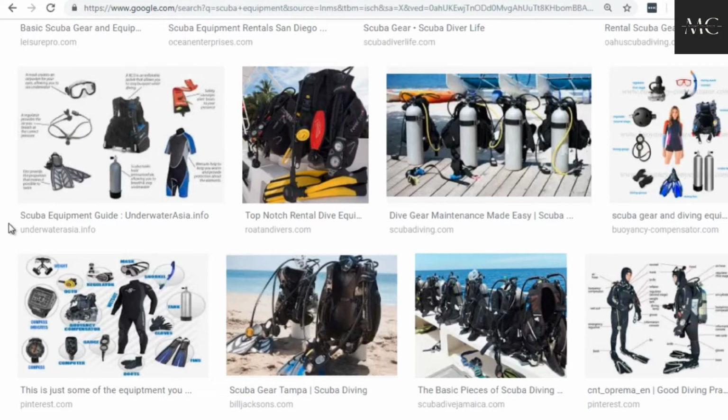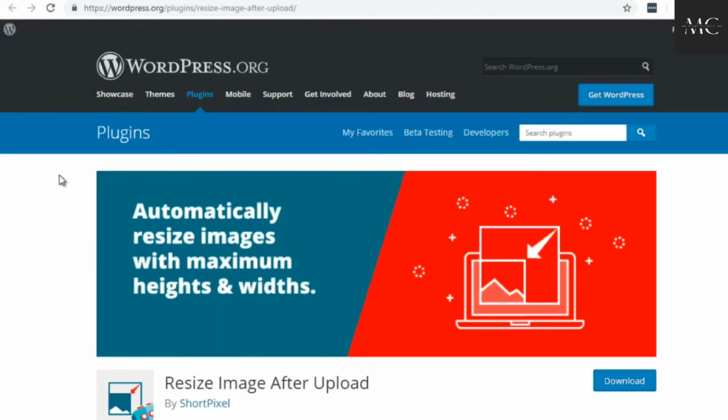So what you want to do is decrease the size as much as possible, simply because looking at all the other variables, you want to make your images fast. And to make them fast, you want to decrease the sizes. Now, how do you do that if they have already been uploaded? Well, if you have a WordPress site, then there are plugins out there that will help you resize the image. So after you've done some brief research, then you can install these